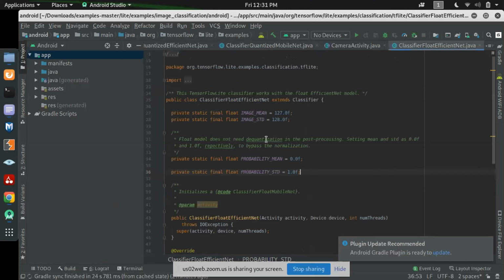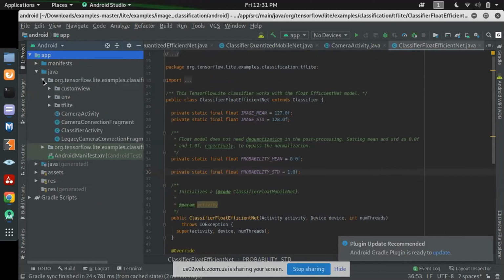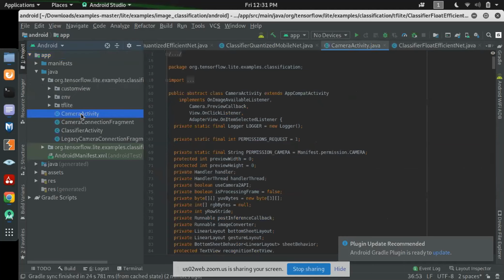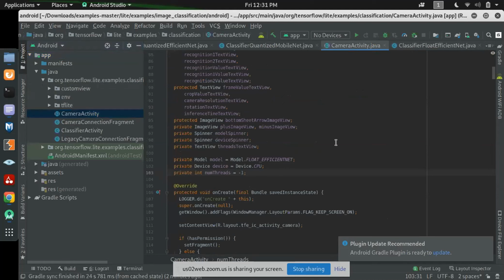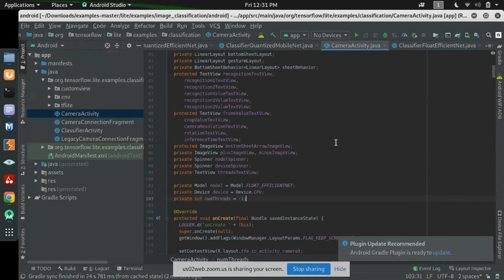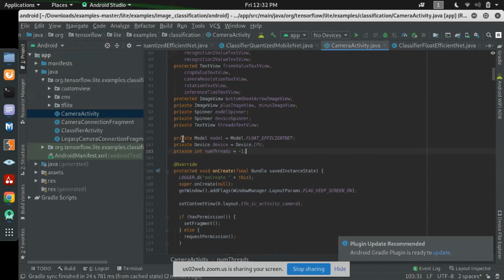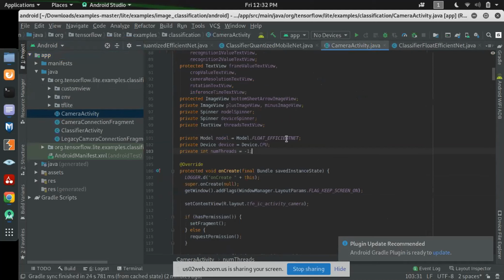In the Android part, there are some little modifications we have to do. Those modifications are in the Java folder. Choose this, and here there is an activity called CameraActivity. Click on that. After clicking, in line 101, here there is float efficient.